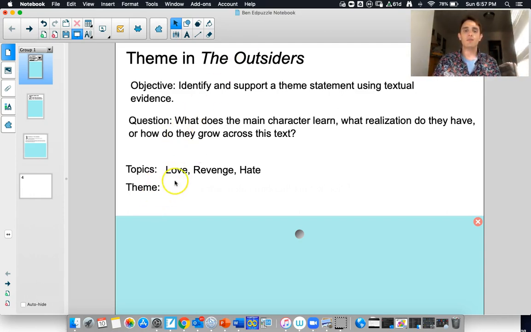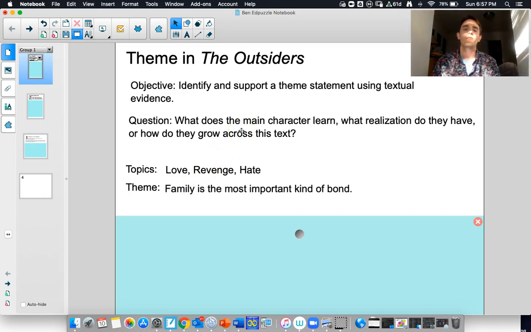Whereas themes often incorporate topics. As an example, the text that we're going to be looking at today fits this theme statement: family is the most important kind of bond. Theme statements are typically tied to that specific novel, whereas topics can be found in several different novels.